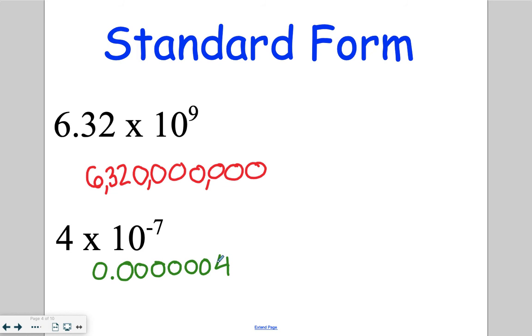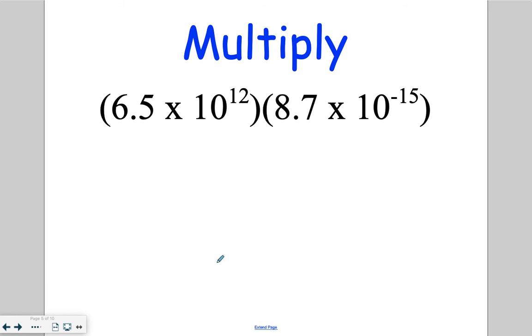The new material that we are looking at now is going to be what happens when we multiply and divide. I briefly touched on this yesterday, but I want to get more into the details of this now. When you are multiplying and dividing, again, yesterday I just used the 1, so there wasn't really any change in the a value. But when you are multiplying, you're going to take the two a values and multiply them. So in this case, we've got 6.5 times 8.7, and when you do that multiplication, you're going to get an answer of